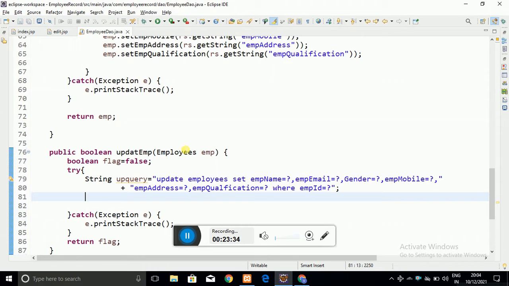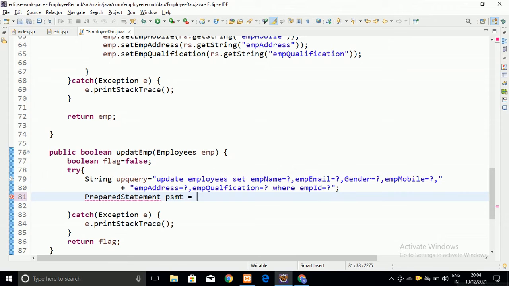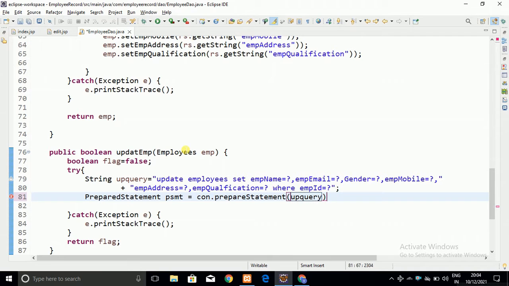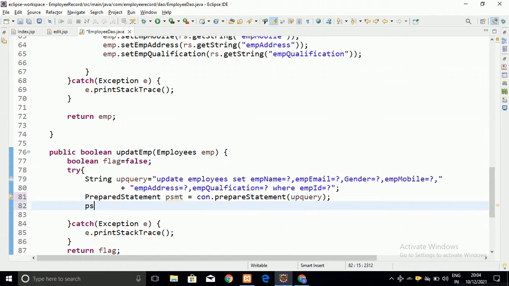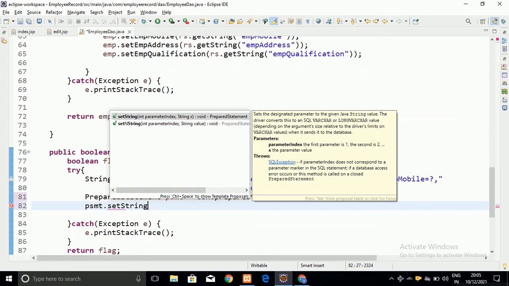Let me create the prepared statement object, psmt equals connection dot prepareStatement for the query which we have created. Now I am going to replace all the placeholders.